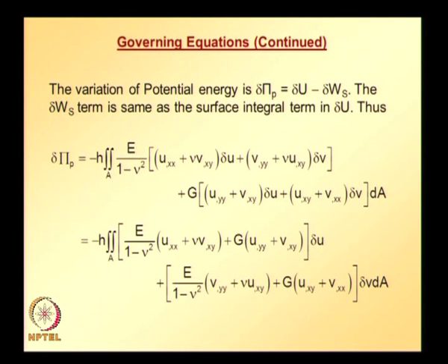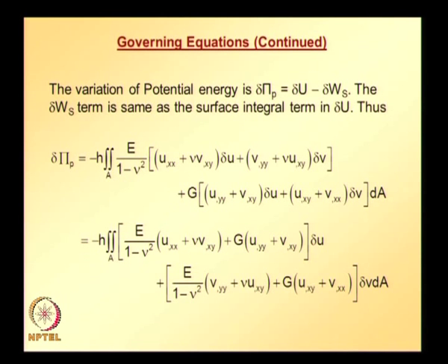Since variation of u and variation of v are arbitrary and non-zero, the only way is that the integrand in the first integral, except the variation of u, is equal to 0 and the integrand in the second integral, except the variation of v, is equal to 0. Under those conditions only